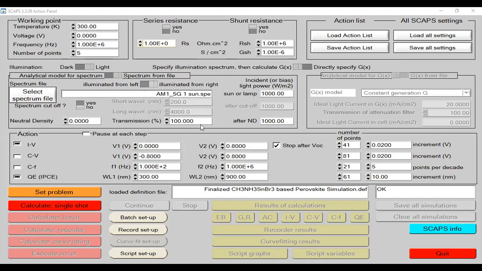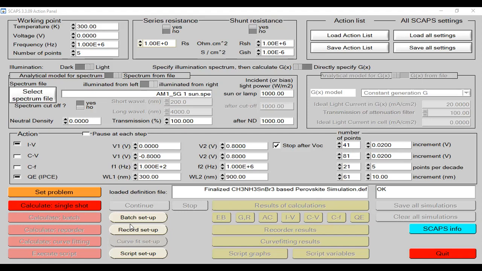Okay, before the start of my today's lecture video tutorial, I would like to add two important things. If someone is interested in graph plotting in SCAPS 1D, he or she must know about two kinds of setups. Over here, you can see there is a batch setup and there is a record setup. Whenever we are going to plot any two-dimensional graph, these two setups, batch setup and record setup, are extremely important. Without having proper information about both these setups, we can never compute an effective graph